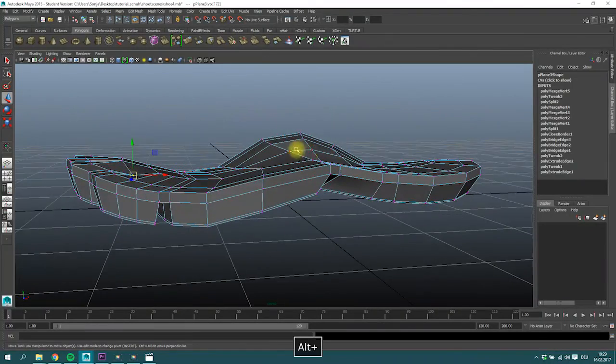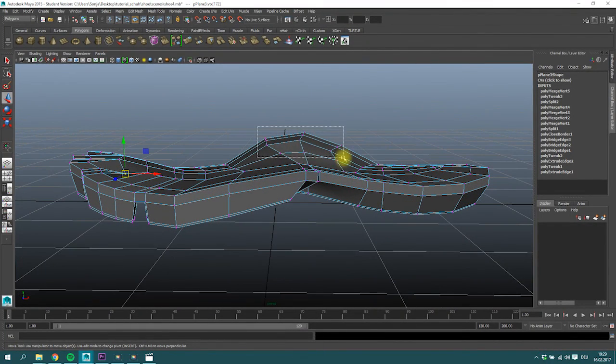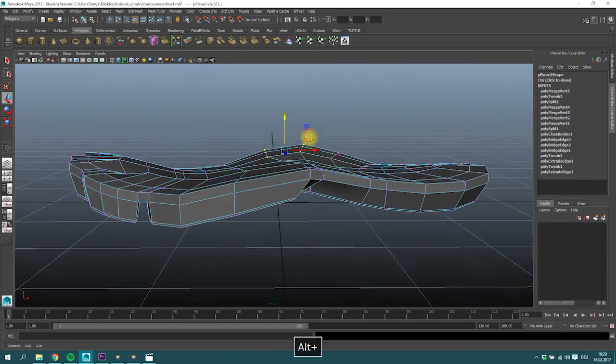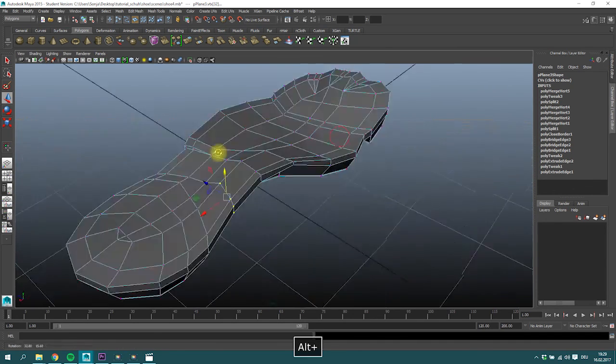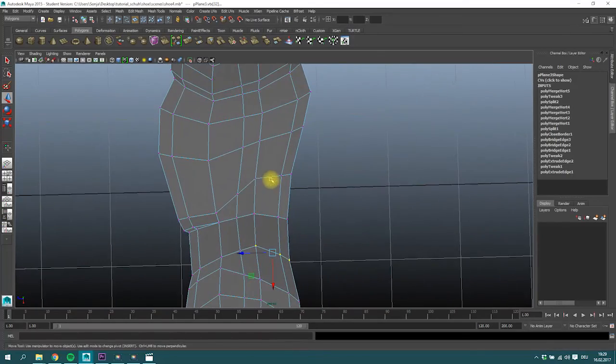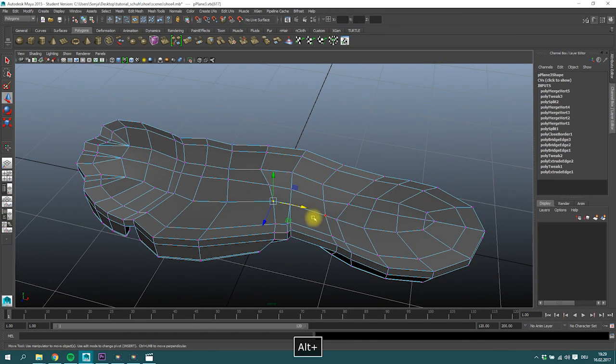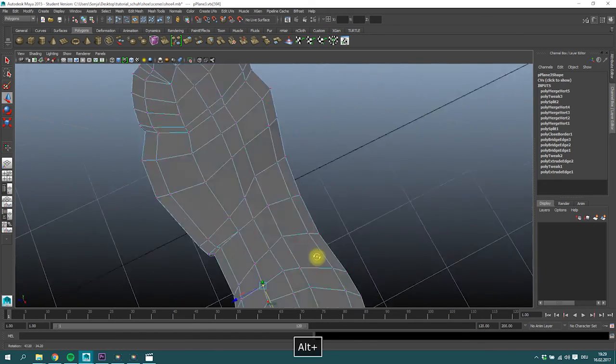I think this is a little bit too high here, so just pull it down a little bit. It was too much. Try to split